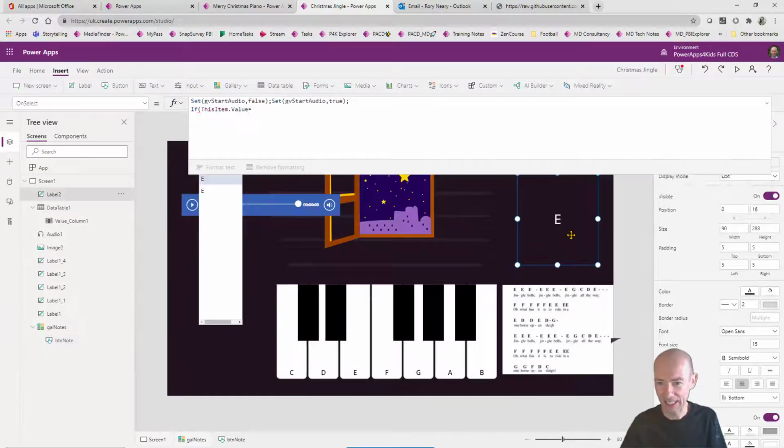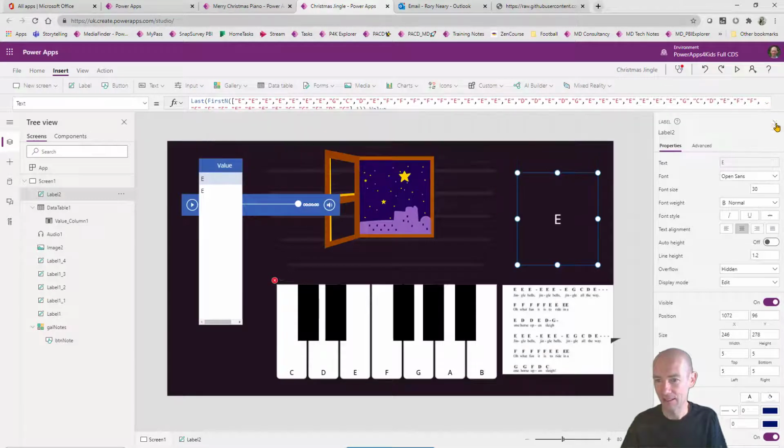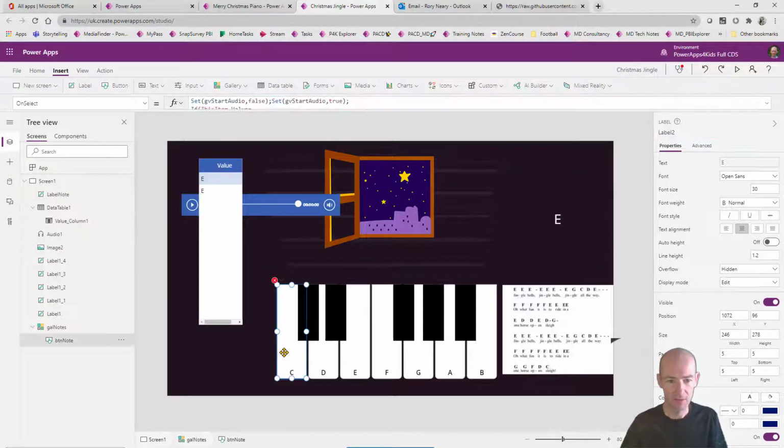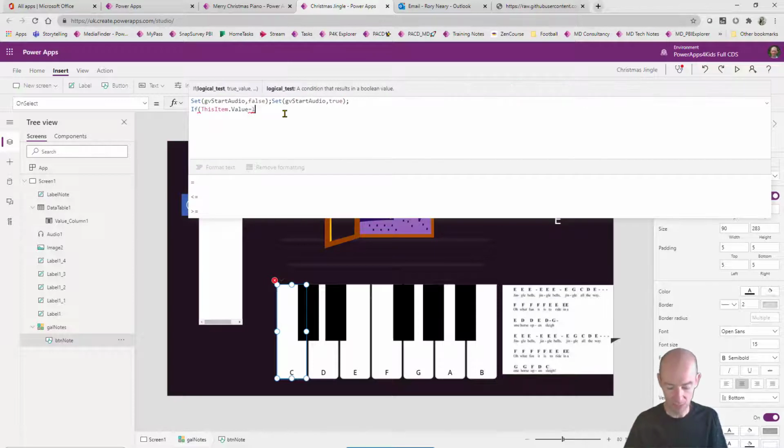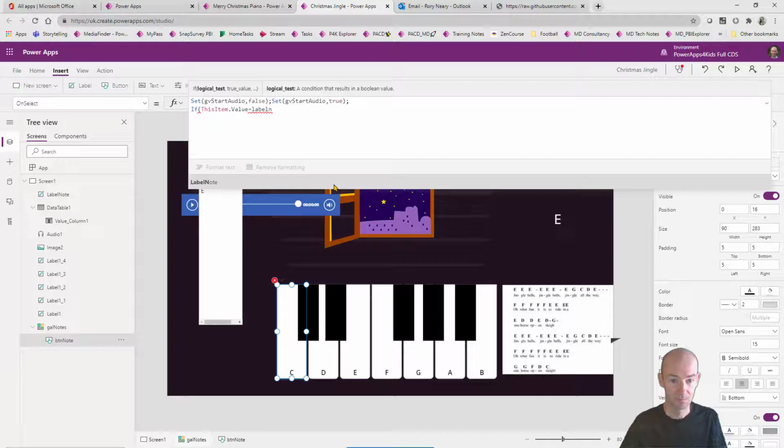In fact, I'm going to click on this to find out the name of the label, and I'm going to call it label note. So I'm going to go back on there and say if this item value equals label note dot text,